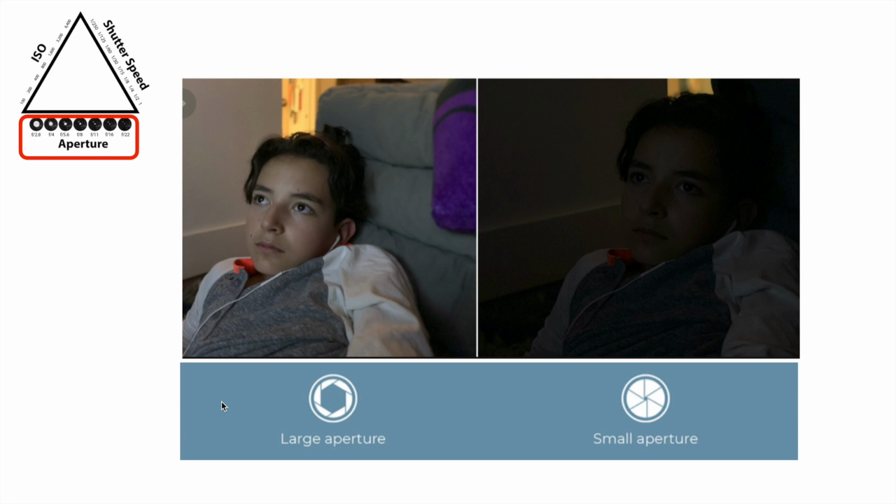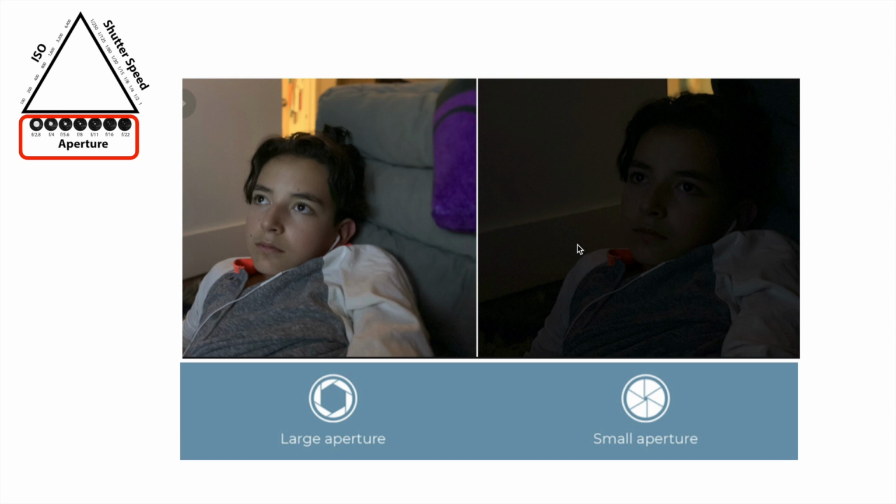So here, another way of thinking about aperture is that when you've got a large aperture, like the iris, it relaxes, there's a larger opening, it allows more light in. Here on the left-hand side, it's the same image on both sides, but the one on the left is much lighter because more light has been able to hit the lens in the camera. Whereas on the right-hand side, it's much smaller, and it means that less light gets in,